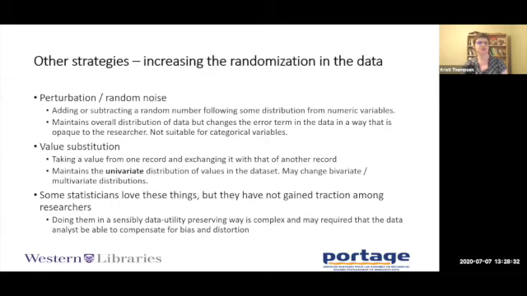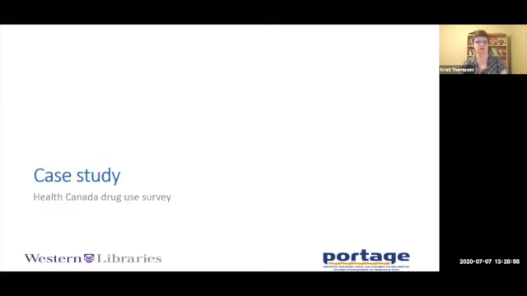Some statisticians love these things, or at least love talking about these things, but they have not gained traction among most researchers in general. Doing them in a sensibly data-utility-preserving way is complicated and may require that the data analyst be able to compensate for bias and distortion in the resulting data set, which is why analysts tend not to be very happy about these things.